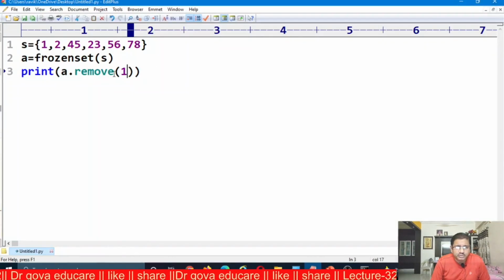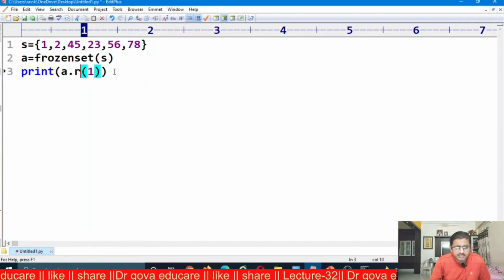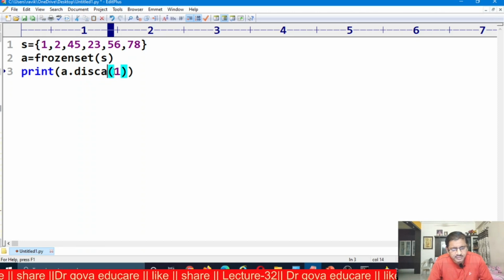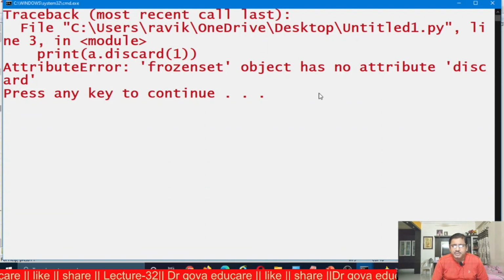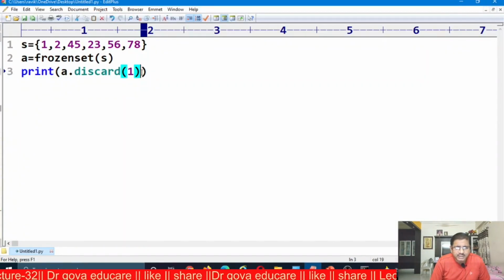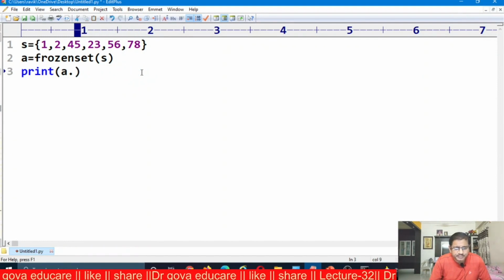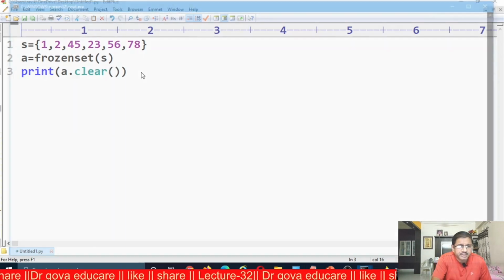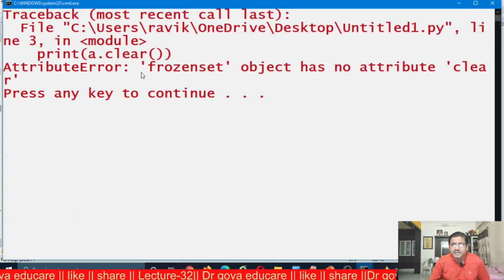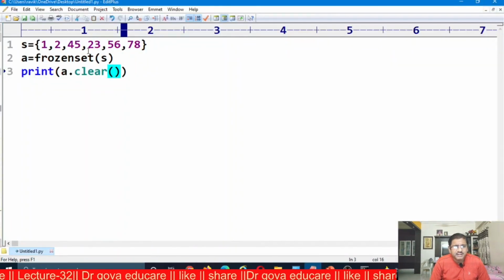We cannot use the discard method. The object has no attribute discard. We cannot use the clear method also. We get an error. The object has no attribute clear because frozenset is an immutable object, whereas set is a mutable object.